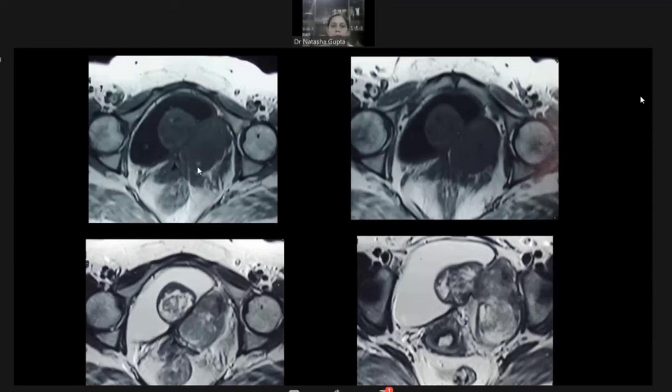A few little hyperintense foci we can see on T1. What could these be? These could be, ma'am, tiny, maybe hemorrhagic foci which have happened. On T2, it is grossly heterogeneous, so no correlation per se, but could be tiny hemorrhagic foci. That could be one possibility. Right. So these could be tiny hemorrhagic foci, just very, very little foci are there.